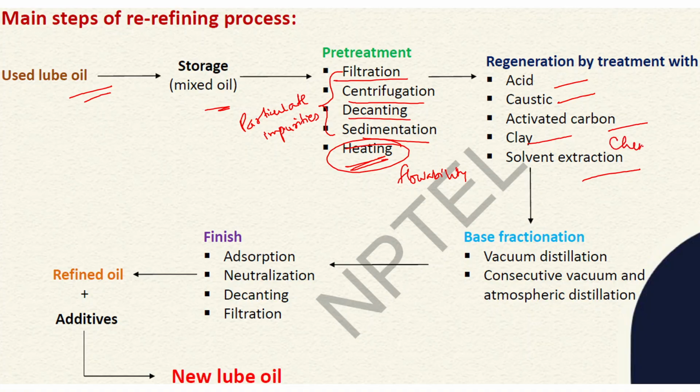Here, chemical impurities are removed. Then, after this chemical impurities removal, after this acid treatment, all these treatments, it is sent to the base fractionation, where distillation takes place either in the vacuum distillation chamber or in both the vacuum and atmospheric distillation chamber to further remove the lighter ends from it, and the final product, that is the finished purified product, is